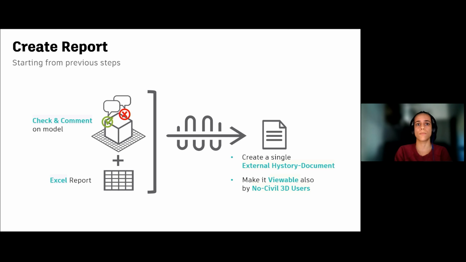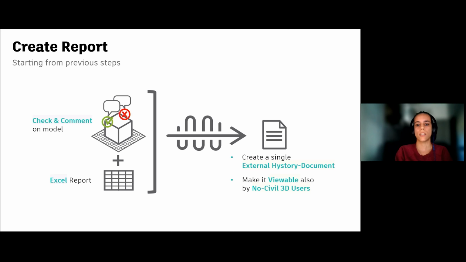This will serve both as a file to be stored in the project report history, and also to be used by all those people, like civil infrastructure experts, who are not Civil 3D users and who will not be able to easily navigate the model in order to analyze and check all the errors and possible improvements.